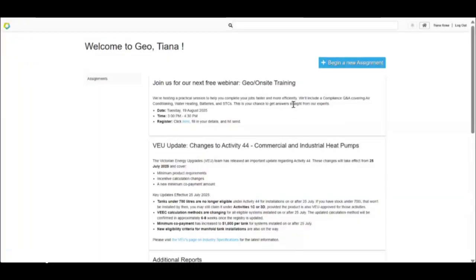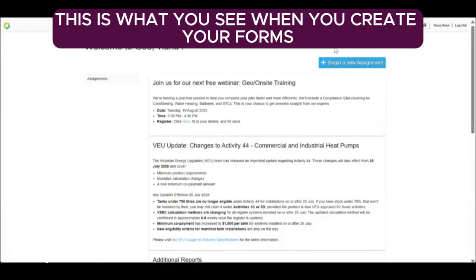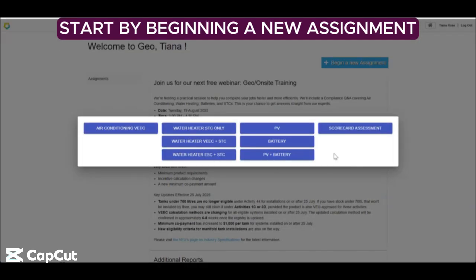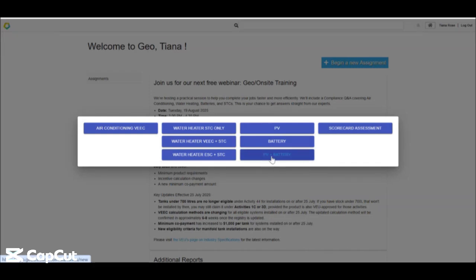This is our Geo homepage, which I'm sure most of you are familiar with. So the first thing that you want to do is click Begin New Assignment. You've got a whole heap of options here. So if you are wanting to do the PV and battery form together, you want to click the PV plus